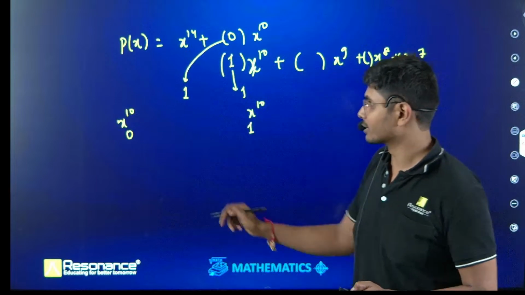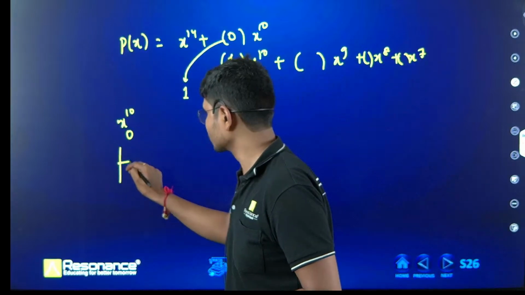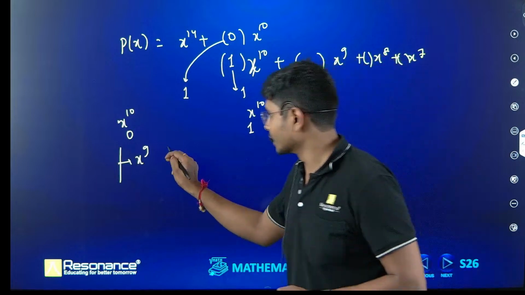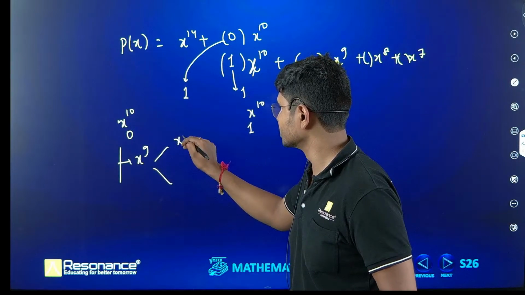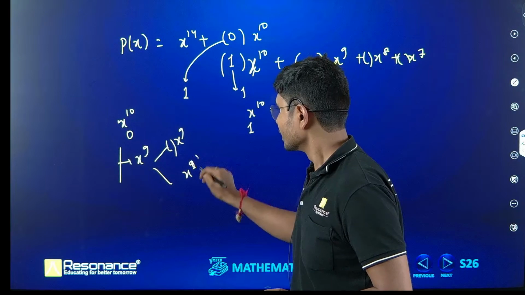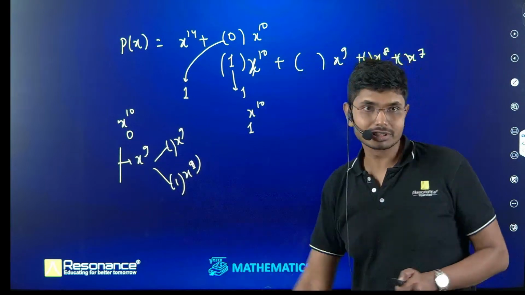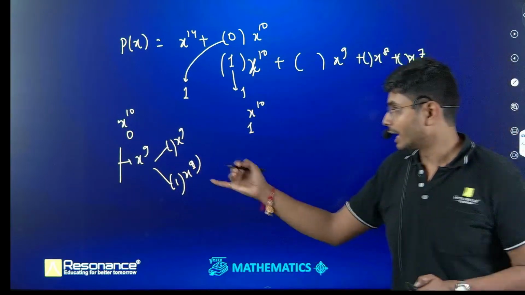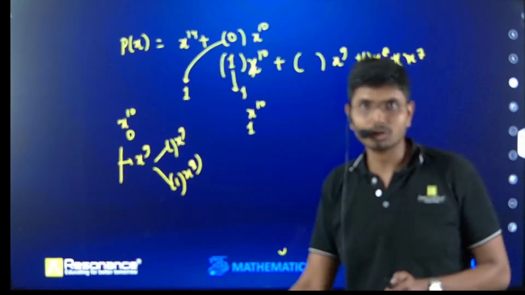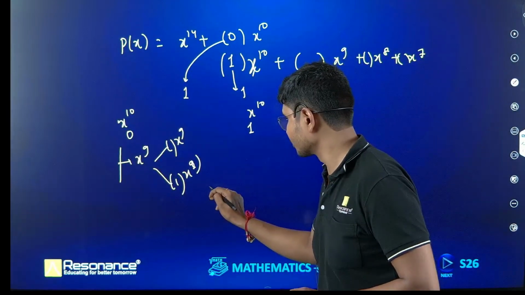If the x power 10 coefficient is 0, next will be x power 9. X power 9 again has two options, either it will be 0 or it will be 1. If the x power 9 coefficient is 1, again x power 7, x power 6 and x power 5 will be 0. So what we learn from here,